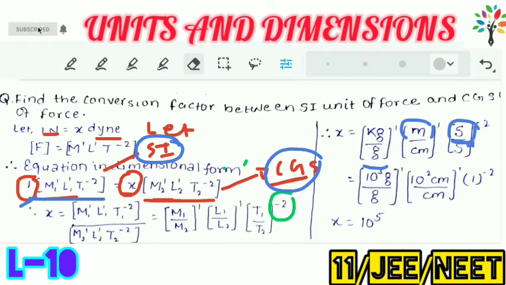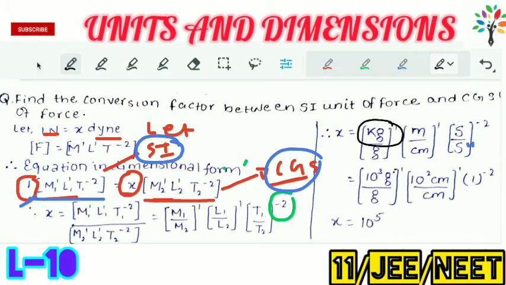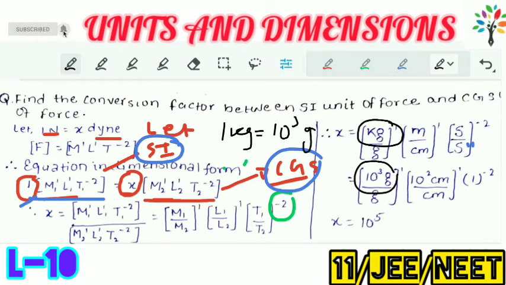Now we have to equalize these terms. So convert this kg into gram. This kg into gram means 10 raised to power 3 gram. Okay, 1 kg is equal to 10 raised to power 3 gram. Fine. So 10 raised to power 3 gram upon gram. Similarly, 1 meter is equal to 100 centimeter. So 10 raised to power 2 centimeter upon centimeter, and this second will cancel. So we have 1 raised to power minus 2. Okay, now